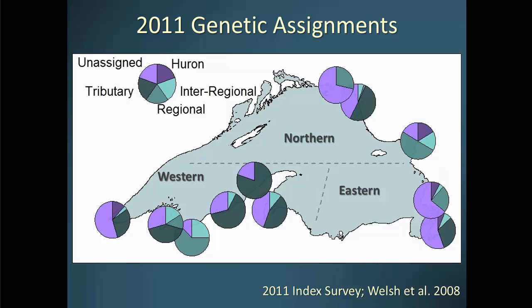Also, you'll notice for this tributary category, some of the higher proportions fell out along the south shore here, even here at the Pickerel. But what was most interesting to me is this interregional category. At some of these locations we saw anywhere from 5, 15, even up to 25% of the fish fall into this category, meaning they're long-distance migrants coming from a totally different region. And this was particularly interesting given the high level of genetic diversity that we see in some of the source populations for this